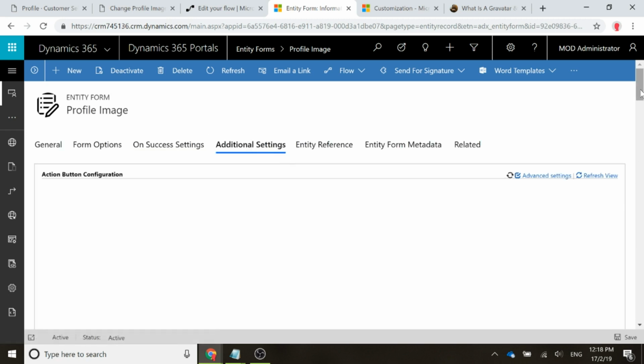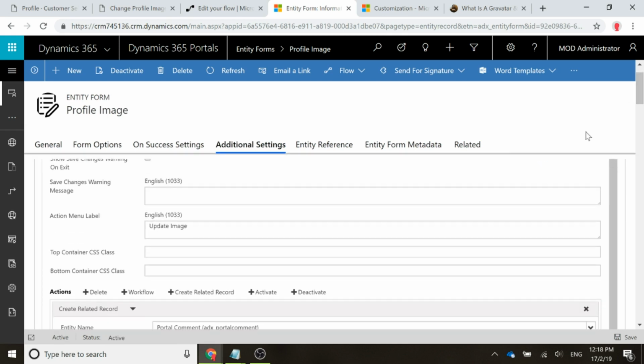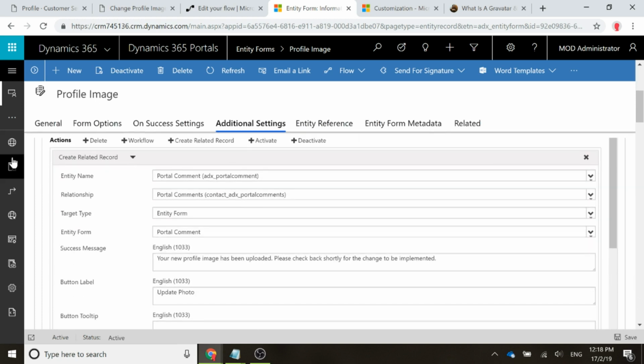Additional settings, what we want to make sure is we've got, further down here, an action that we are going to add that is the create related record. The related record we're going to create is the portal comment, and the relationship is portal comments linked to the contact. The target type is an entity form, and the entity form is the portal comment entity form that we're